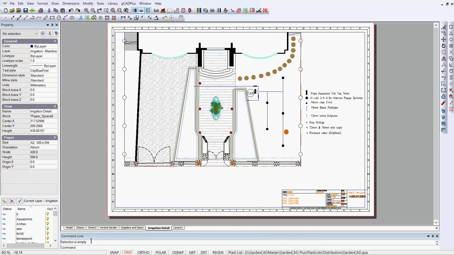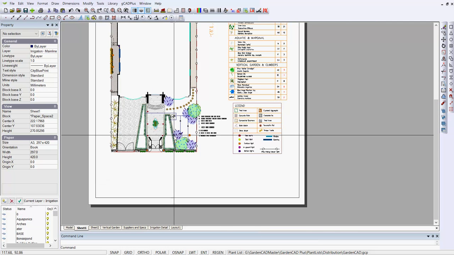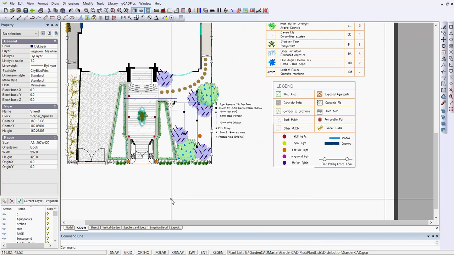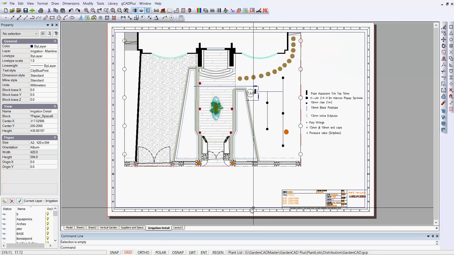And if we just go back to, I think it was sheet 1 we were working on earlier, all of those layers show on sheet 1. So these are independent. Viewport layers are quite independent of one another on these layout sheets, and that's very powerful. It can help enormously in working with your client. Let's go back to Irrigation Detail,